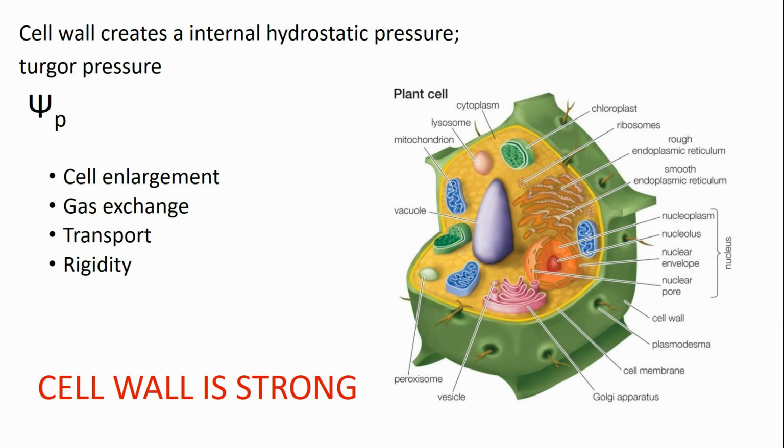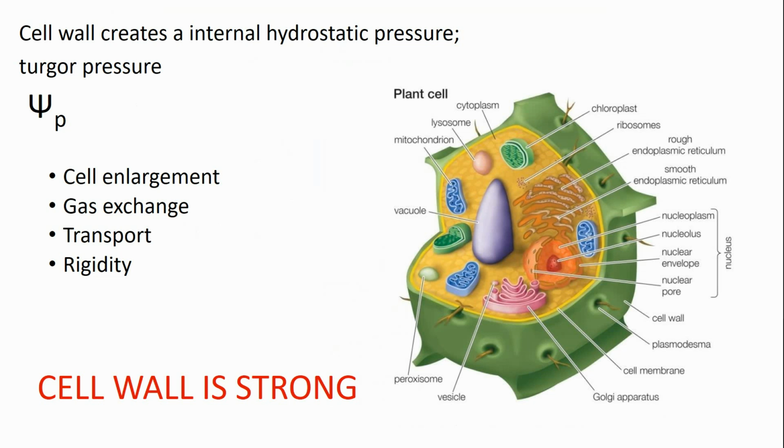Remember, when a plant cell has water coming in and it becomes nice and tight, it's turgid. When there's water leaving the cell, it becomes flaccid. And when you've got water coming in and leaving at the same time, you're really in a state of homeostasis, isotonic. So pressure potential really helps with cell enlargement, gaseous exchange in the cell, because remember,